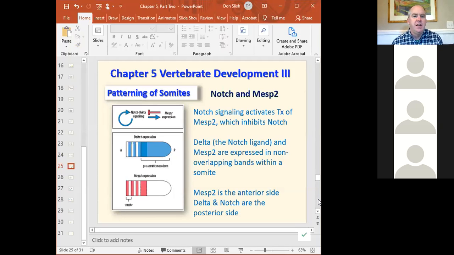So the first thing to look at is the anterior posterior development within a somite. I'm going to draw a little bit here. So here are the somites, kind of cuboid looking. Maybe this is the anterior part of the animal, and this is the posterior part. So within this, between the anterior side and the posterior side of the somite, that's what we're looking at now. So what happens is back here, you've got notch